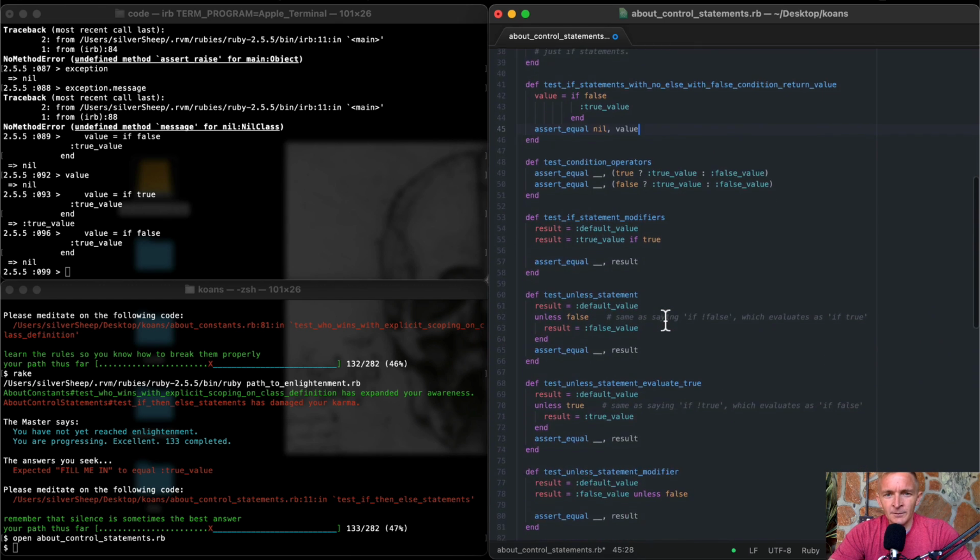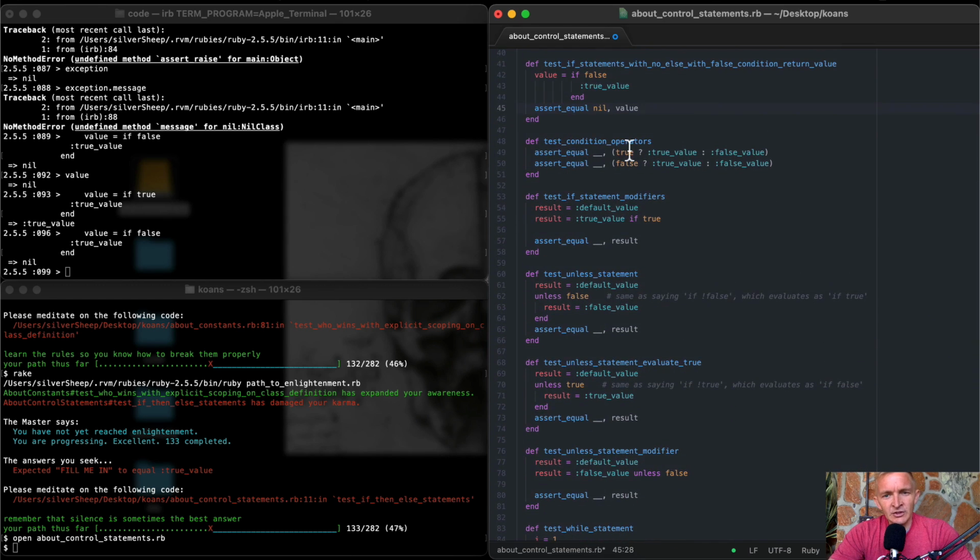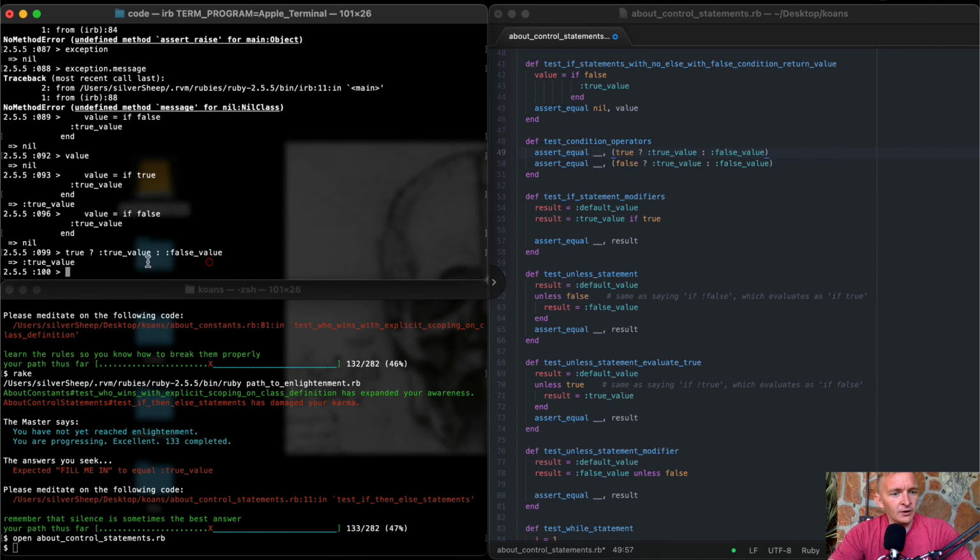So let's keep moving on. Test condition operators. True is equal to, here we have true value or the false value. So which one do you think will render out here? What I'm thinking is this will be true and this will be false. So this takes the place of an if statement, and this is what happens if the parameter is true, and then if it's not, it'll do this guy. Let's see what happens if we put it over here. Yeah, it shows